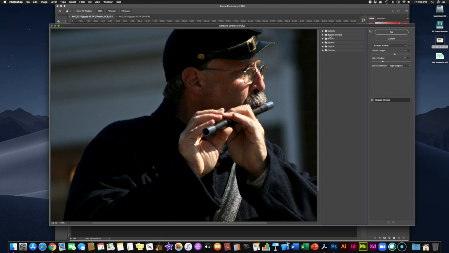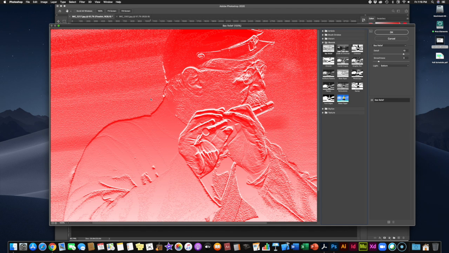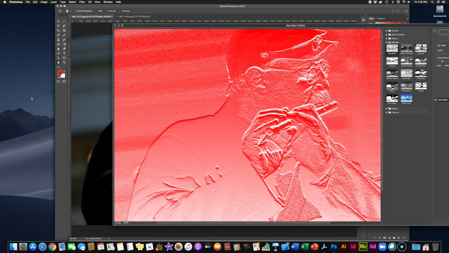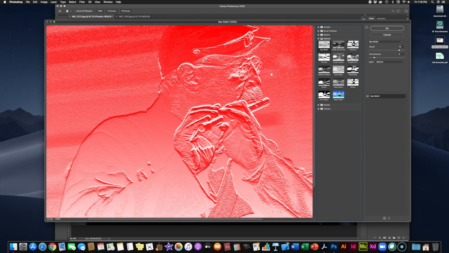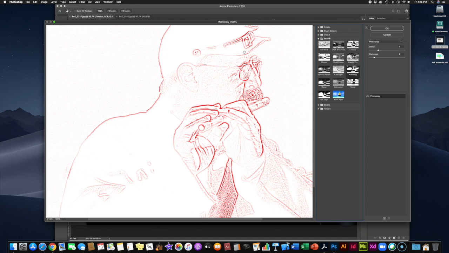Now, most of these filters maintain the color palette from the original photograph and then just apply the filter. But some other ones, like if you go down to the sketch folder, you can see here that it actually changes the color of it, and it's based on what your foreground color was when you left Photoshop. So for example, if I go back over to Photoshop here, you'll see that my foreground color was red. Therefore it applies red to this series of filters under Sketch. So if I want it to look like a photocopy, I can click that, but it uses red as the